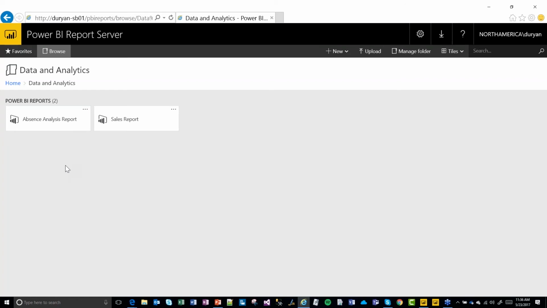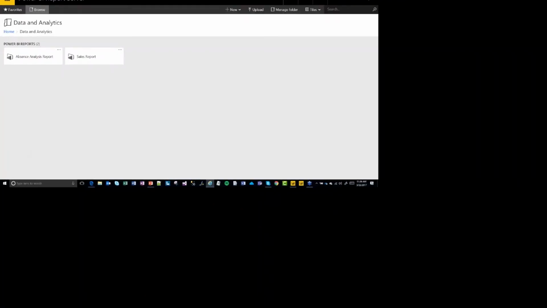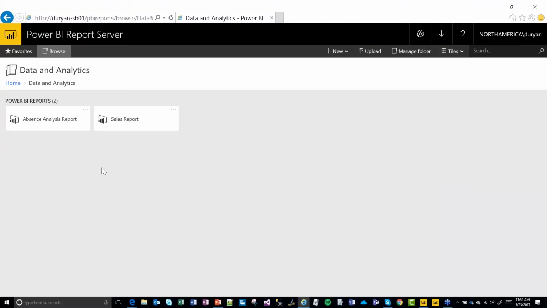One other thing that I'll also point out is that in this particular server that I've got set up, I don't have any paginated reports deployed yet. I don't have any KPIs. I don't have any mobile reports or data sources or data sets or any of those types of things. And so those things aren't listed here. But if they were, you would see the paginated reports listed here. You would see all of those things just like you normally do in SQL Server Reporting Services.